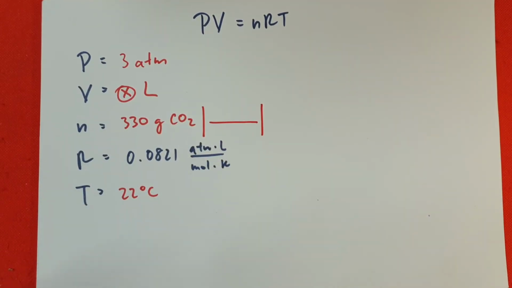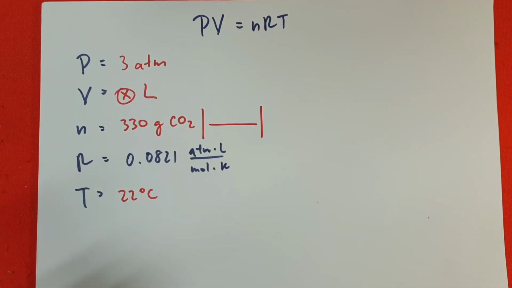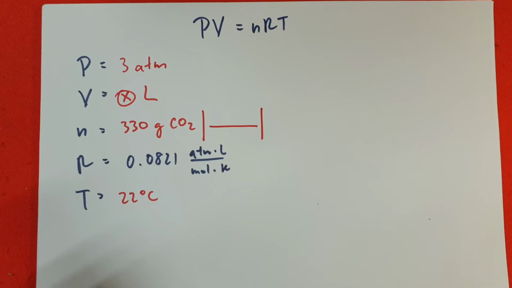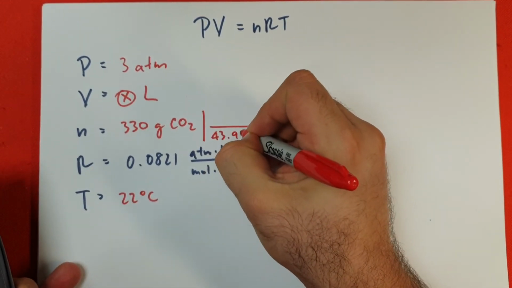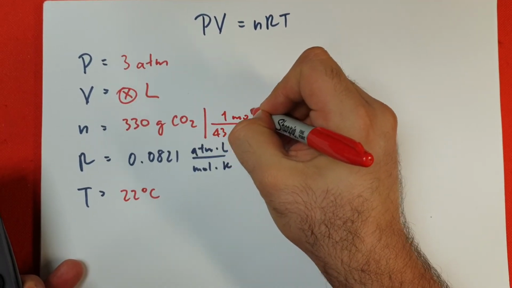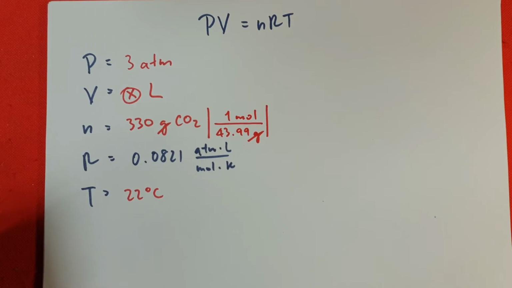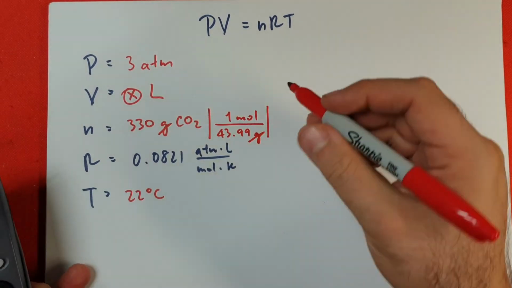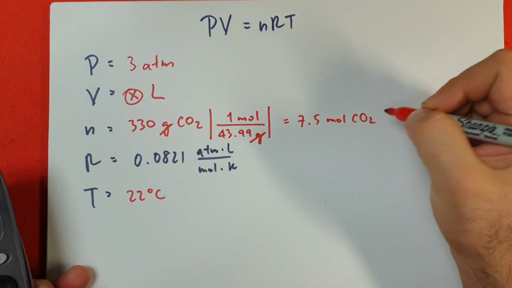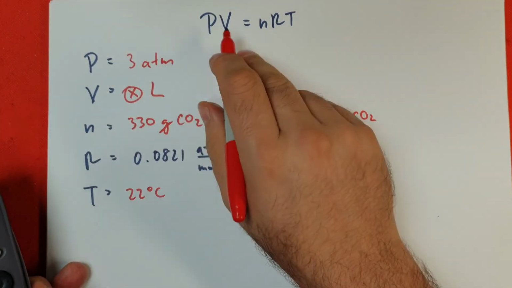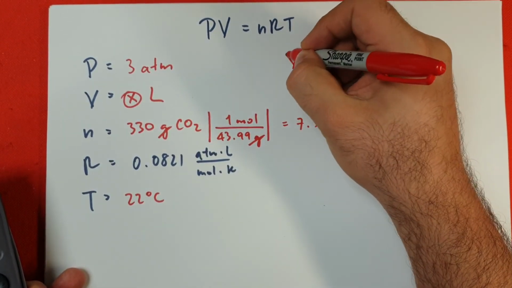We need the molar mass. We know the carbon weighs 12.01 plus a double oxygen, which is 15.99 times 2, and the molar mass is 43.99 grams in 1 mole. This cancels out, so we'll get 330 divided by 43.99, and that gives us 7.5 moles of carbon dioxide. So our unknown is volume. Volume is right here. We're just going to divide by pressure. Volume is equal to